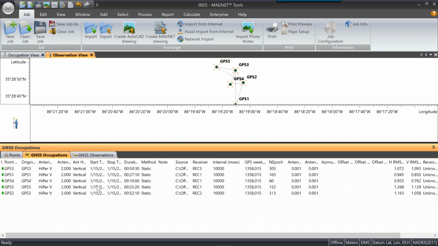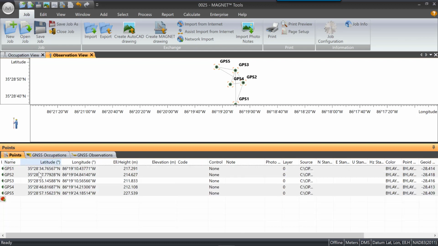We'll tap out of there, and then I do know that GPS 5, for example, was 1.794, and that was not a vertical height, it was measured as a slant height. I believe that's all I want to do under the GNSS occupations. We'll go back to points, and from here,